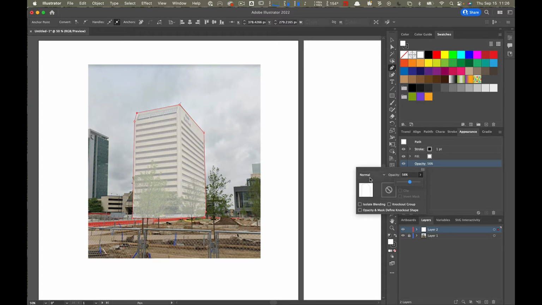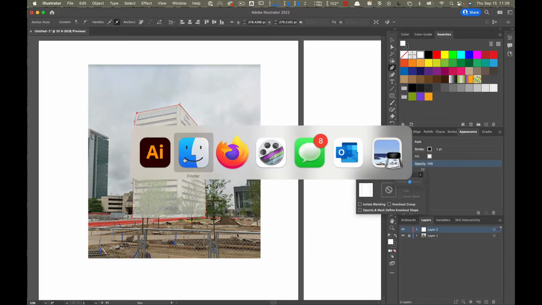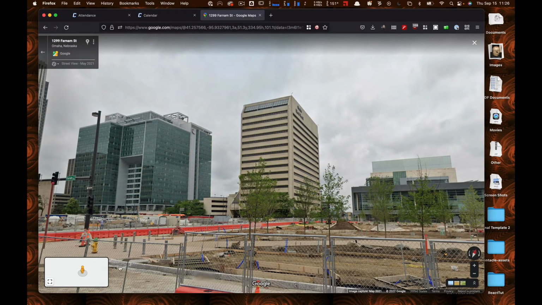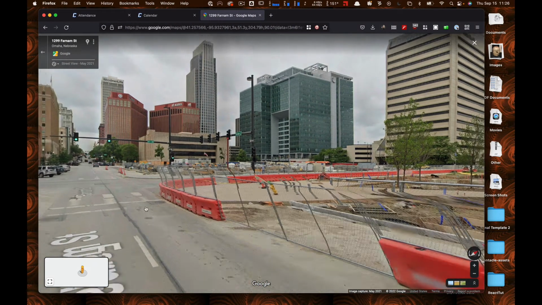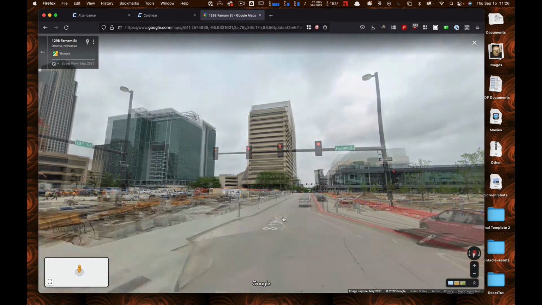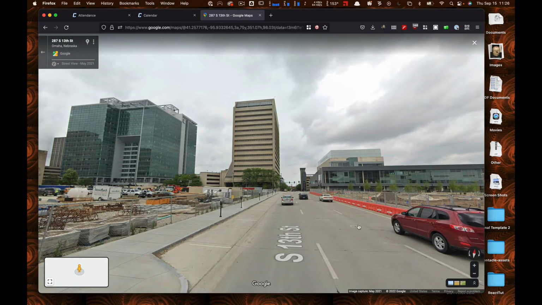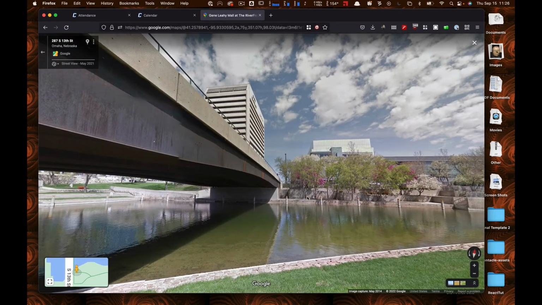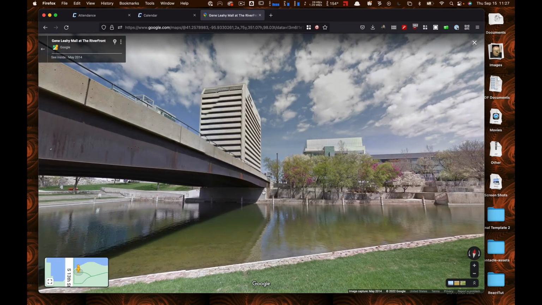This is pretty basic. If you want it to be more refined, you could cut the trees out, or you could try to get an image that doesn't have trees in front of it like that. This is why the site visit's going to be important, just so that you can try to find an angle that has less crap in front of it. Like this would be better, or we come down into the pool.